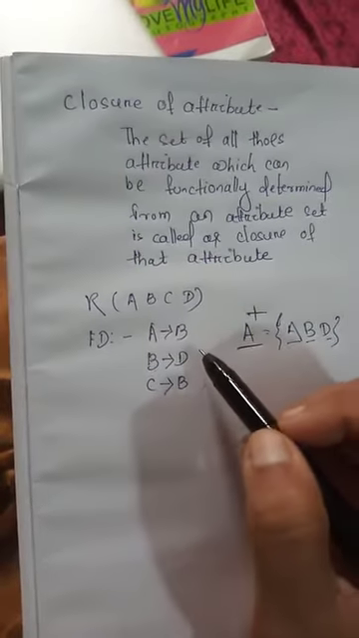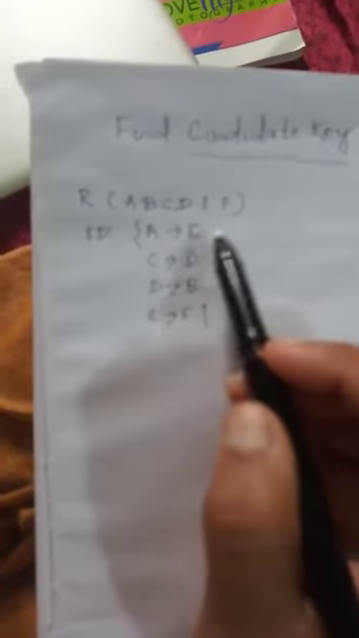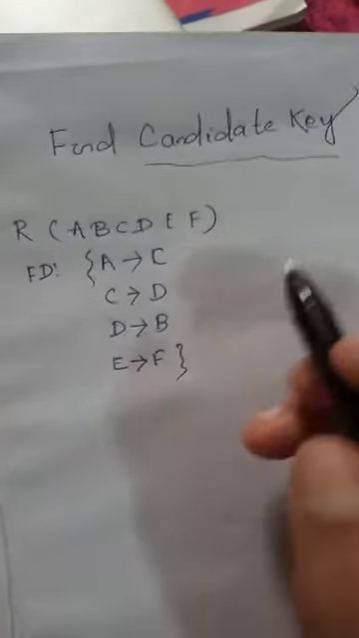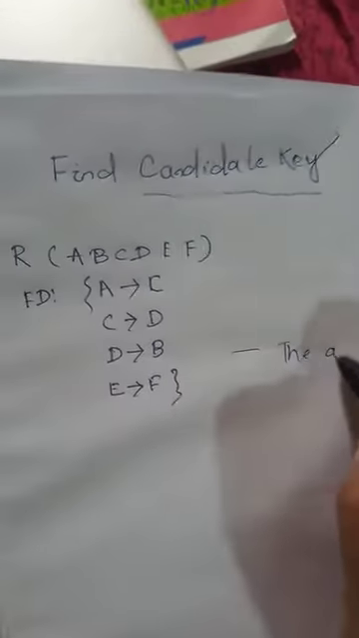Okay, so now we have to go to the candidate key. Here the given relation has attributes A, B, C, D, E, F, and these are the functional dependencies: A to C, C to D, D to B, and E to F. Okay, so first here we have to find out the attributes